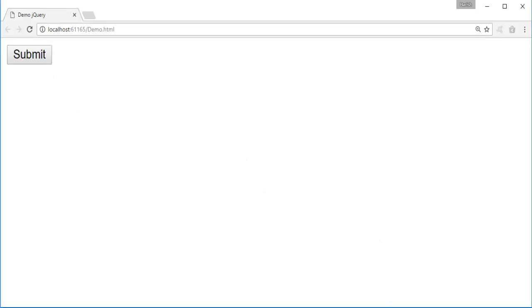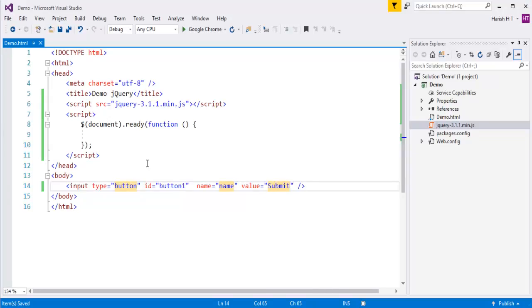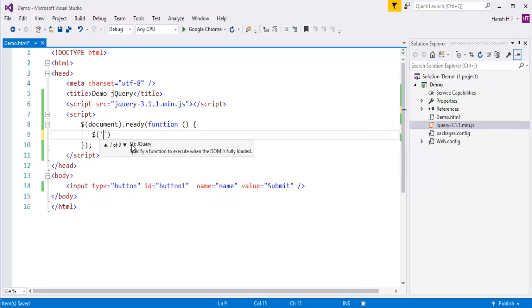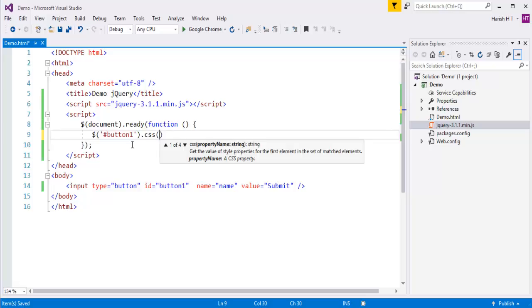How can I do that? I can do that with the help of the CSS method present in jQuery. First I need to identify this control with the help of this ID. So dollar, and you represent the ID with the hash, and the ID name is button1. So right now I identify that control with the ID button1. Now I need to change the